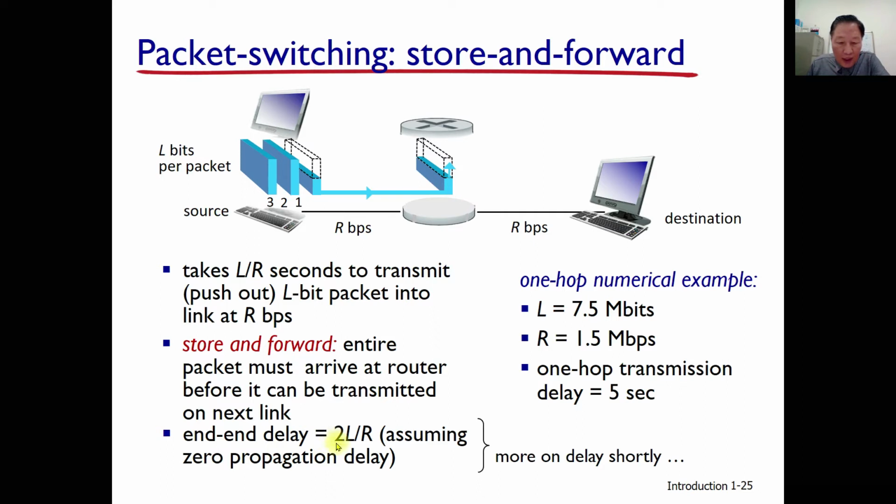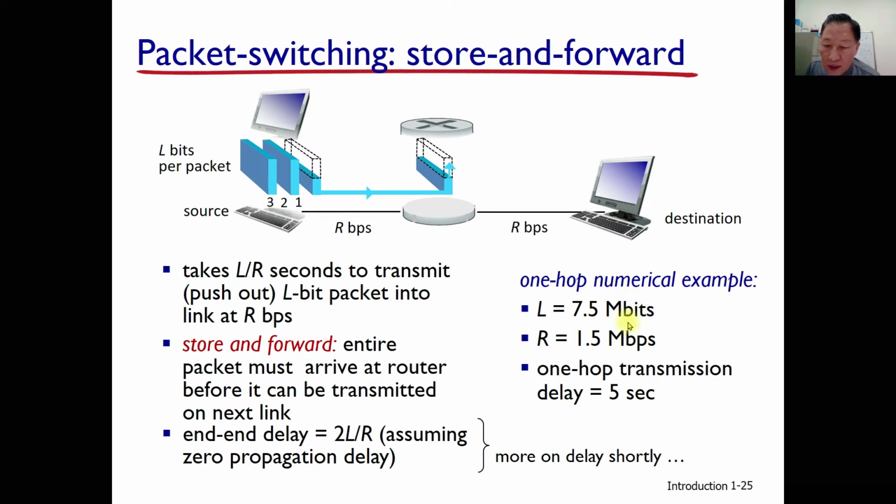Thus here we can calculate the delay time. We are assuming a very simplified example, and here we have two links. Each link will take L over R, thus it will take 2 times L over R, if we are assuming zero propagation delay. And here, if we are using real numbers, L is 7.5 Mbits, R is 1.5 Mbps. If you are calculating, then please calculate together